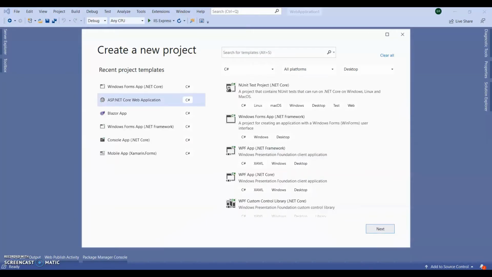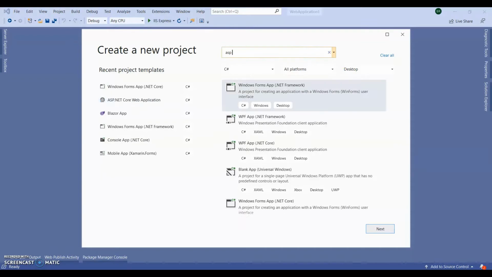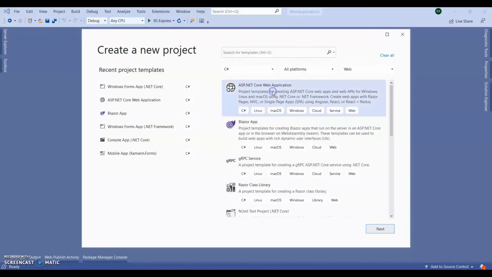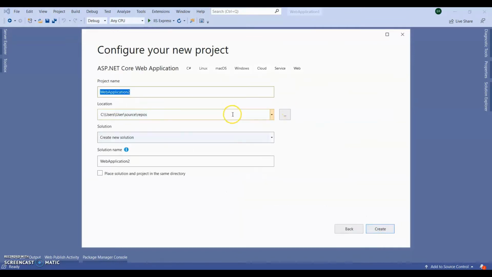So here, I go to our Visual Studio and create a new project. You can select for the web, or you can directly select ASP.NET Core. I'm selecting the web, ASP.NET Core web application, click on next.